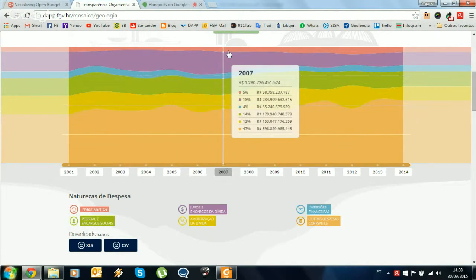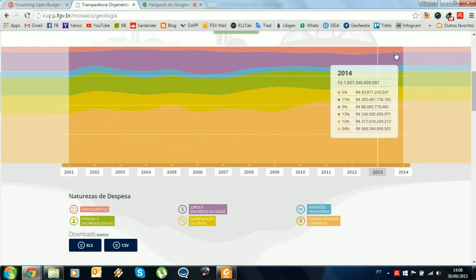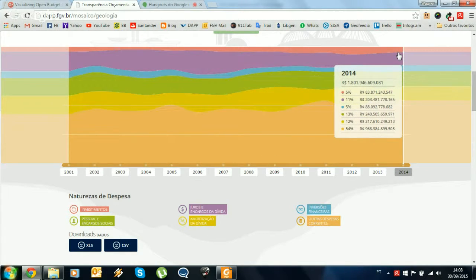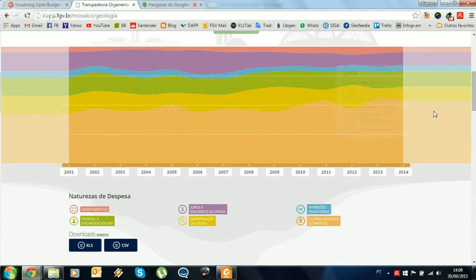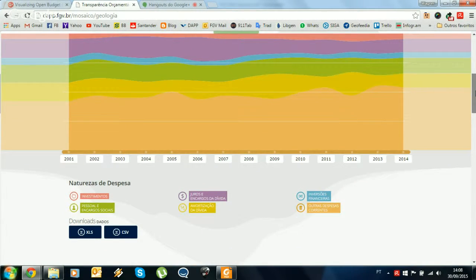If I want to know how much money is spent on salaries for public workers, I look at the green one. We can also look at how much debt the government is paying, if we look at the purple one here. So we have this kind of notion.